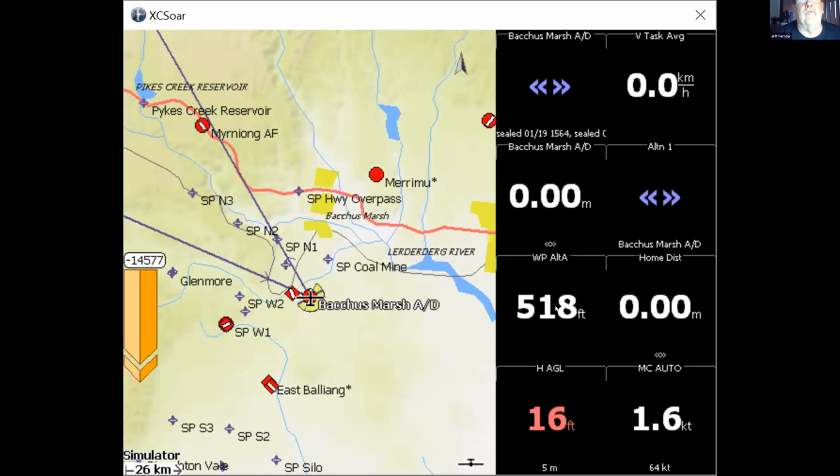Waypoint arrival altitude. At the moment we're sitting on the ground, so it's got 518. And the distance to get home in this case actually, and height above ground level. According to this, we're 16 feet below ground level, according to what we were reading at the time on here.